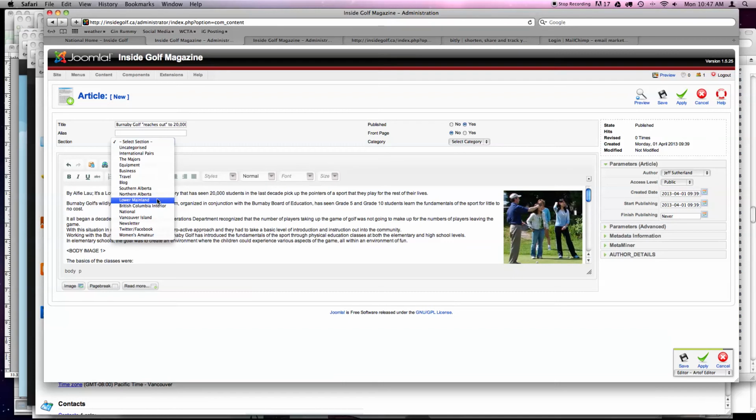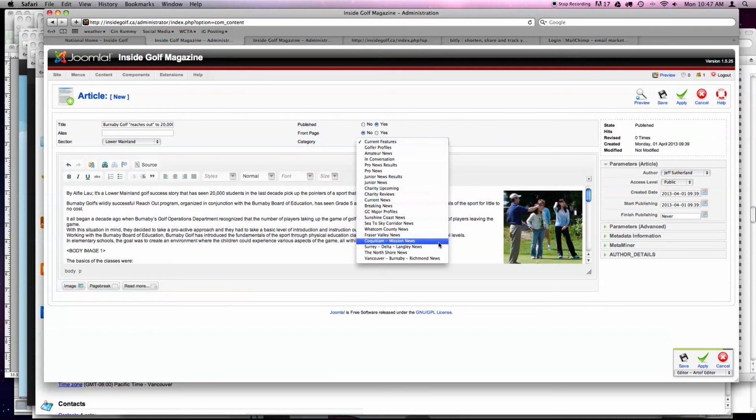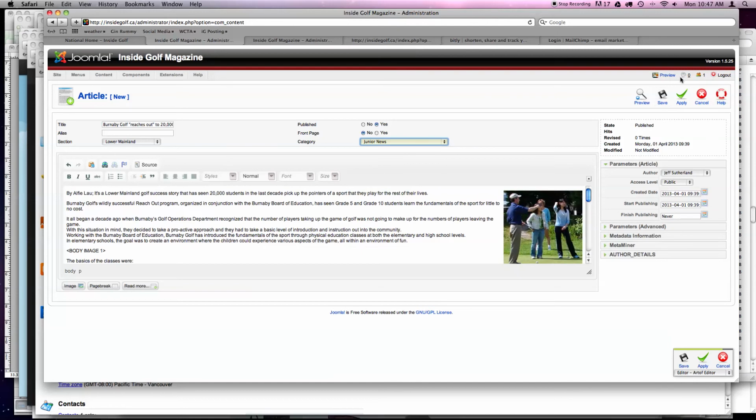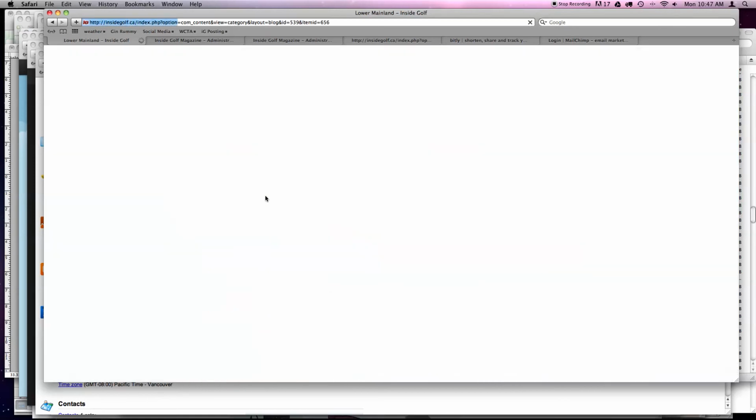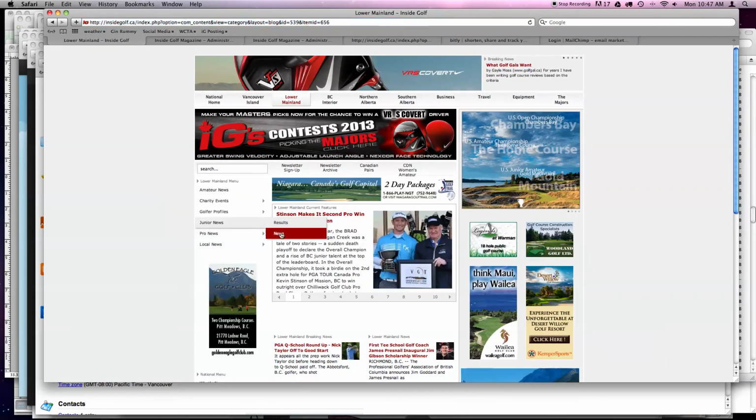Primary locations are usually defined geographically. So this is definitely Lower Mainland. In this case, it would be, I'll call it Junior News, okay? And that matches what we have on the front of the magazines, or the front of the website, excuse me, here. So if we click on Lower Mainland, and we go to Junior News,